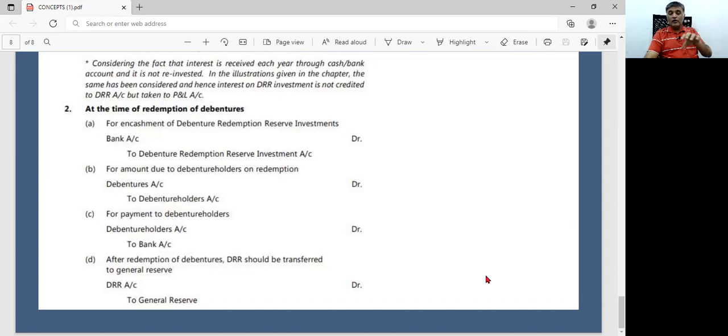So we will be solving a lot of problems on debentures on these 3 or 4 models. The 4 types of redemption are: number 1, by lump sum, by drawing of lots or in installments; number 2, purchasing in the open market, which is exactly where you can redeem the debentures at a discount; and fourth, by converting the debentures into equity. So these are the basic concepts surrounding the redemption of debentures. Once we start solving the problems, you will gain more clarity on the concepts.